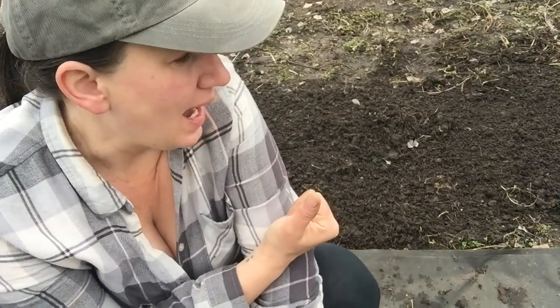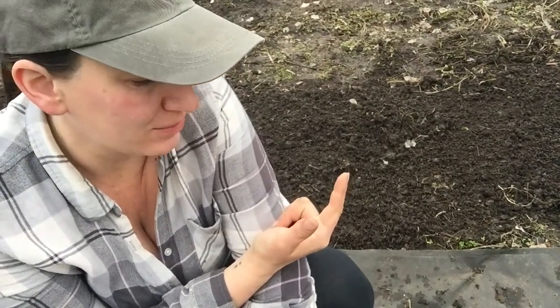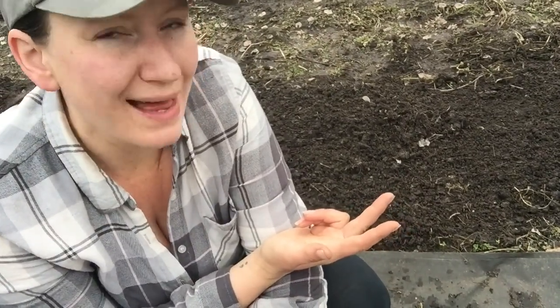But first I'm going to continue prepping this bed. So now I have hoed out all the weeds. I have flattened the bed a little bit, as I don't want water pooling in certain areas and I want the cedar to be able to go through really easily. I have raked it so it's nice and fluffy, there's no clumps, and now I'm going to roll a glass